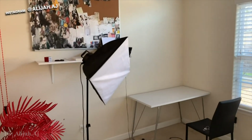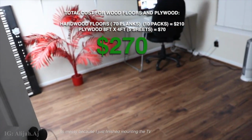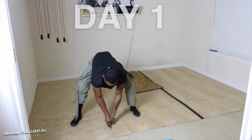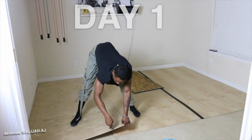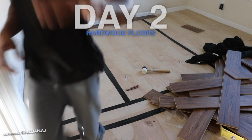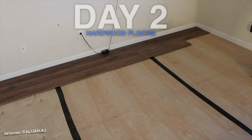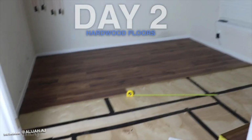So first thing, when you walk into the studio, what you're going to notice is the hardwood floors. Now I have a whole video on how I installed these hardwood floors, because we are renting out this house, so this is renter/apartment friendly hardwood floors. So underneath the hardwood floors is carpet. I didn't tear up the carpet or anything like that. So basically it's just plywood on top of the carpet and then hardwood floor planks on top. Now it sounds really easy, but I have a 40-minute video on how I installed my hardwood floors, because it took me 4 days and I went through a lot of trial and error,